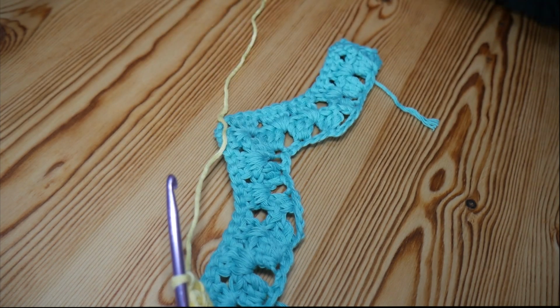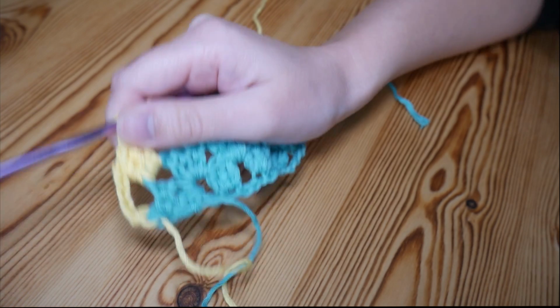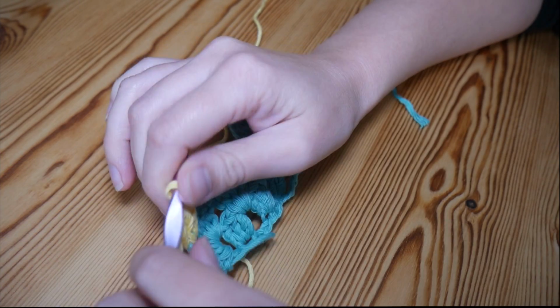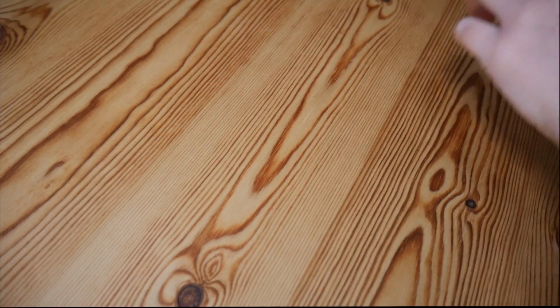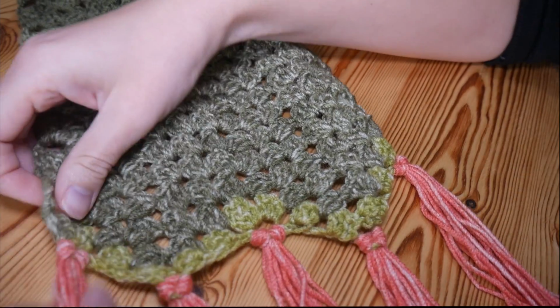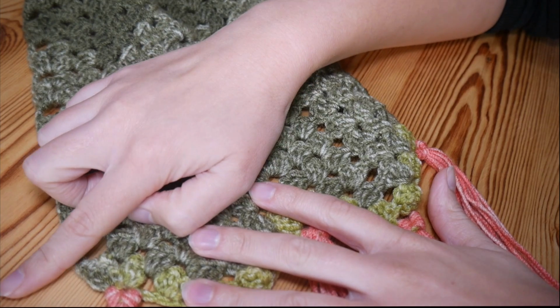Now I just wanted to at this point say that for the first probably 6 or 7 rows it may feel like your edges aren't straight, and if you've been following the pattern then they will be straight, but you just won't be able to tell at this point. I see lots of people all the time saying, oh, my granny's ripple has gone crazy, it's not working right. But if I show you the beginning point of this scarf, so for a while it may look like your edges are either going a little bit out